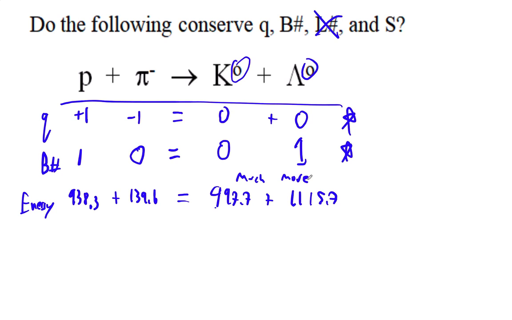But here's the deal, okay? We can get this reaction to occur. We just have to provide kinetic energy. We've got to speed this guy up through many millions of electron volts, right? In fact, you can figure it out. Just add all this up, and then subtract this, and that's how many volts you have to accelerate this through. This is why we do energy in electron volts, okay? So you accelerate this through enough voltage, and you can get this reaction to occur.